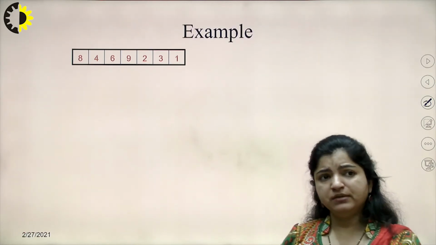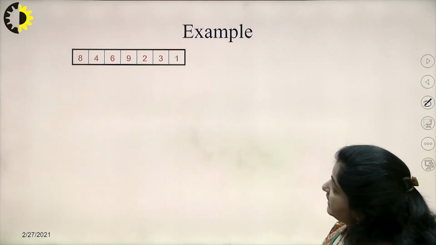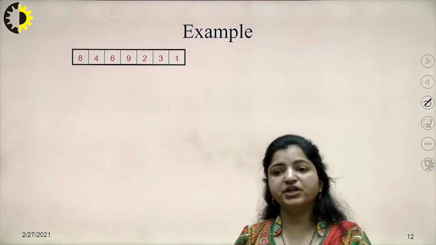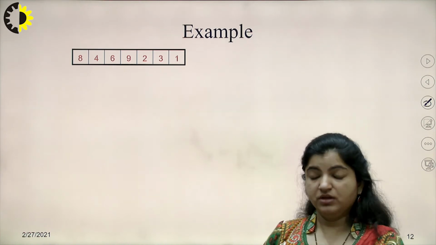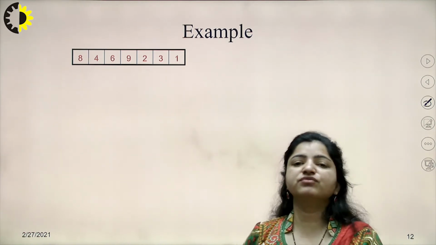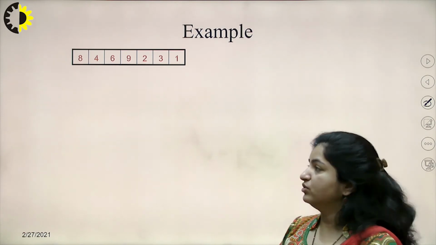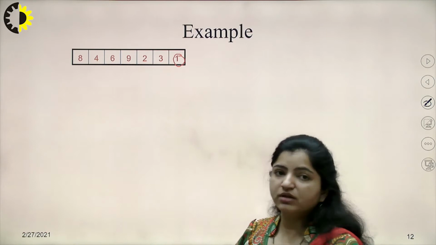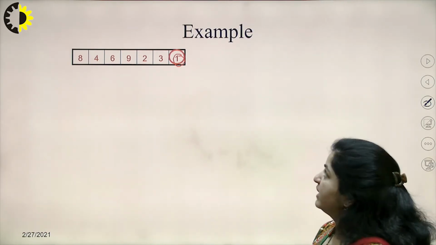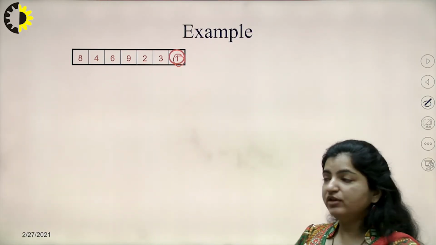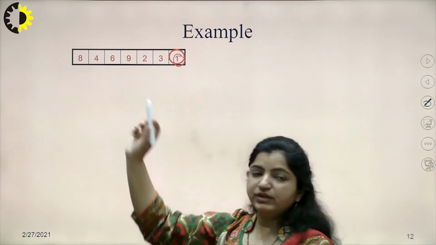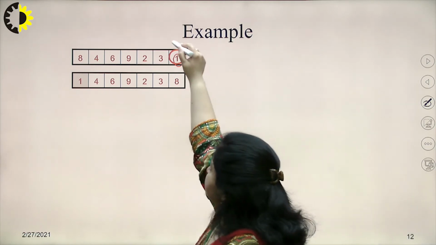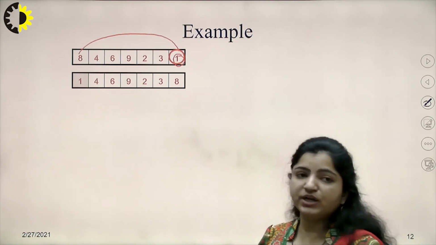Let's take an example. We have this array of 7 elements, and this array needs to be sorted by applying the selection sort algorithm. Now as I already said, in the array first we will calculate the smallest value. So here I will calculate the smallest value in the array. That smallest value is this 1. Fine. So this 1 is my smallest value. So what I will do, I will place this smallest value at the very first position in this array. Fine. So I'll exchange them. I will exchange this 1 as well as 8, and I'll get this particular array.